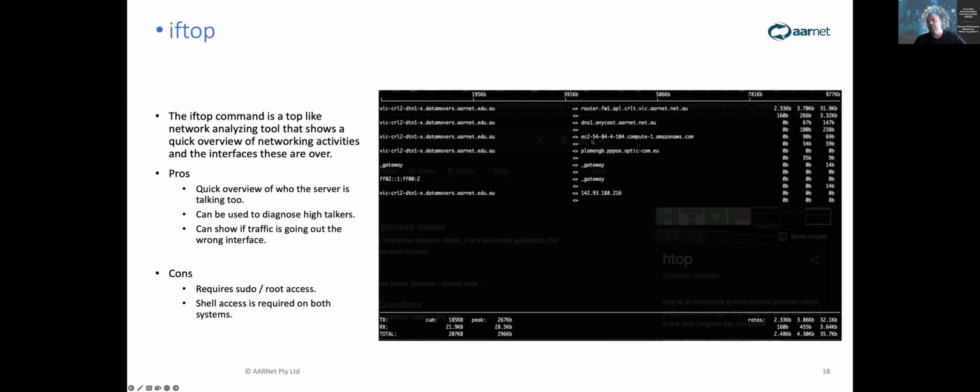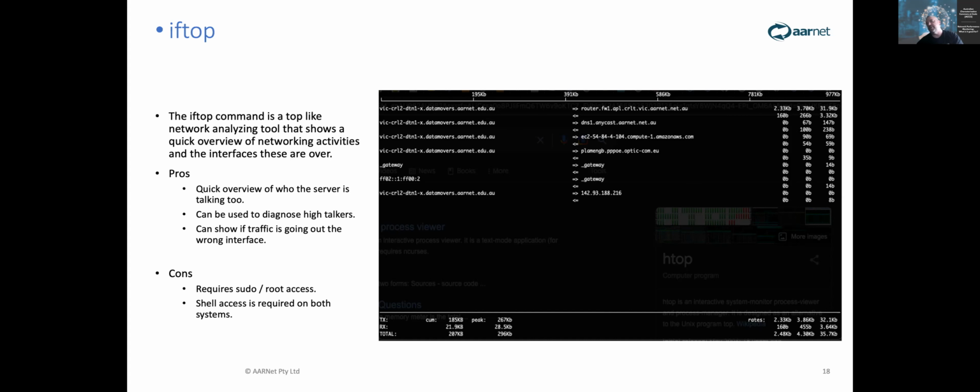That'll be for the Globus, talking back to the main Globus server, and then some gateway information here. So you can see if packets are being sent and being received or not. So it's a quick one-stop view just to quickly make sure your network's actually doing something, that you can do